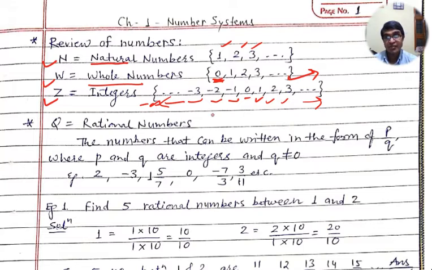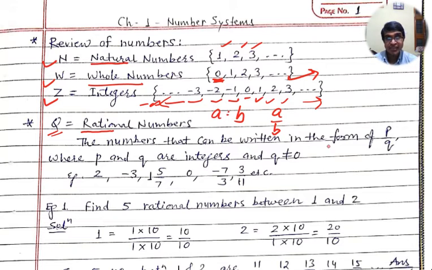Now we'll discuss rational numbers in detail. A rational number is represented by Q. Here, this is from ratio. Ratio means A ratio B, A ratio B means A by B. So ratio means the ratio of two numbers, similar quantities, in the smallest form. So this Q is a rational number.